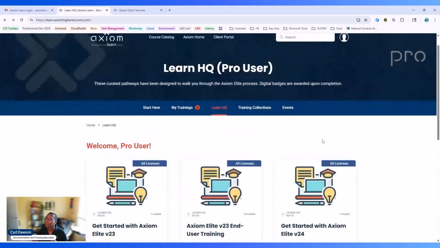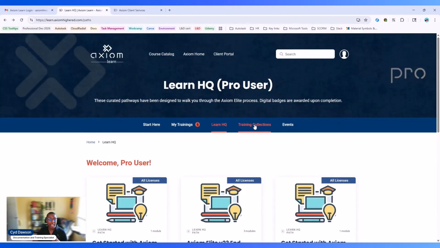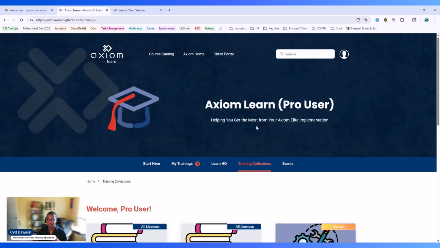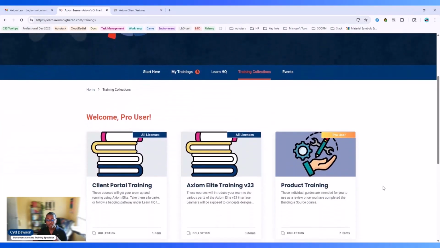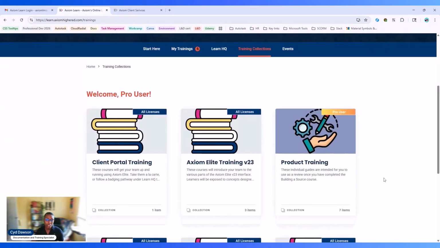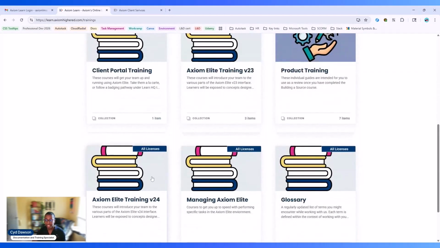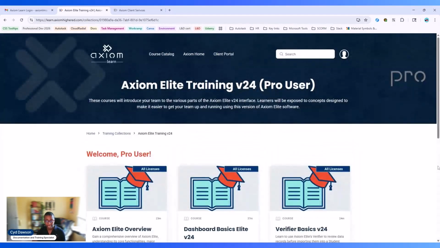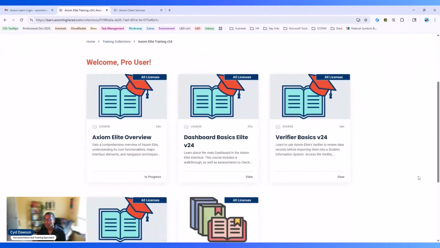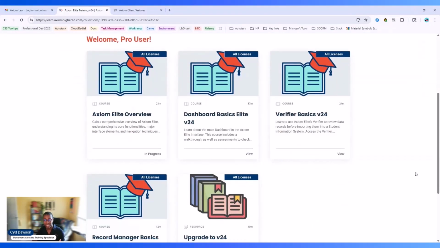Next step, I'm going to go back and we're going to look at training collections. So in the training collections, these are a little bit more a la carte. In other words, if I click on Axiom Elite Training version 24 in here, as opposed to being presented with a path, I have different tiles indicating different courses that are available. So if you are a person who's already been using Axiom Elite for a little while and you just want a little refresher on, say, the verifier, for instance, then you can come in here and take just this one